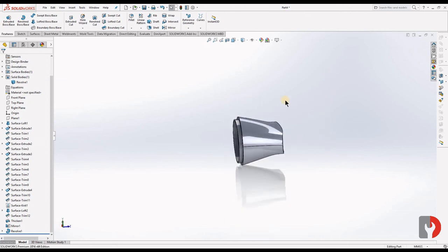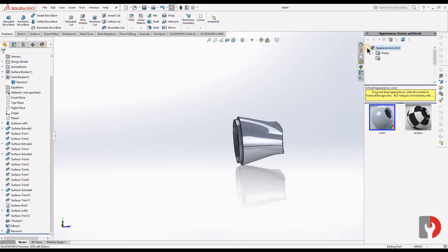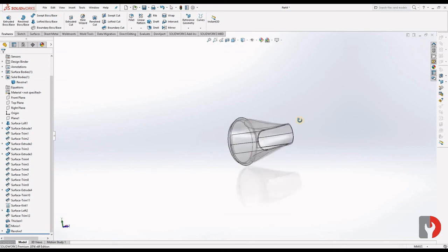Okay. Now we will change its appearance. We will make it glass, clear glass. Okay.